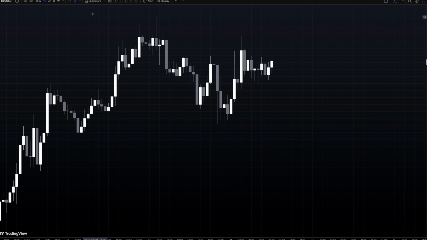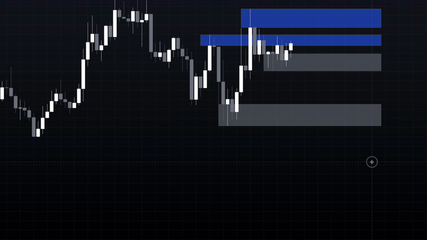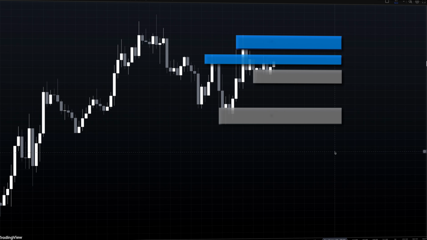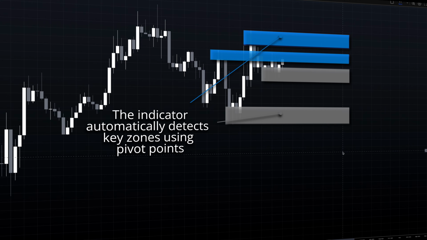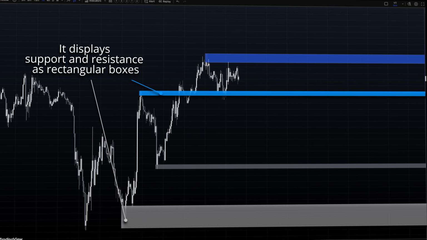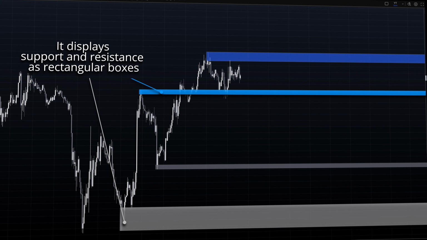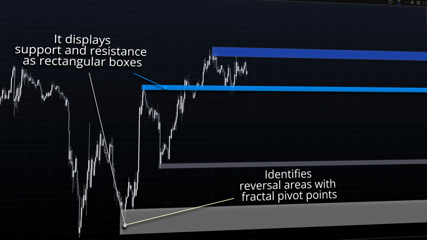The Support and Resistance Zones by Harry 8FX identifies key price levels where market activity has historically shown significant reaction. It automatically detects and visually marks support and resistance zones using pivot point analysis of the price structure. The indicator creates rectangular boxes extending horizontally from identified fractal pivot points, clearly highlighting areas where price may potentially reverse